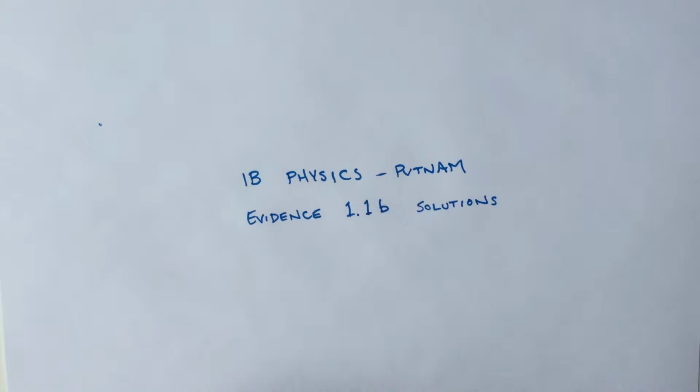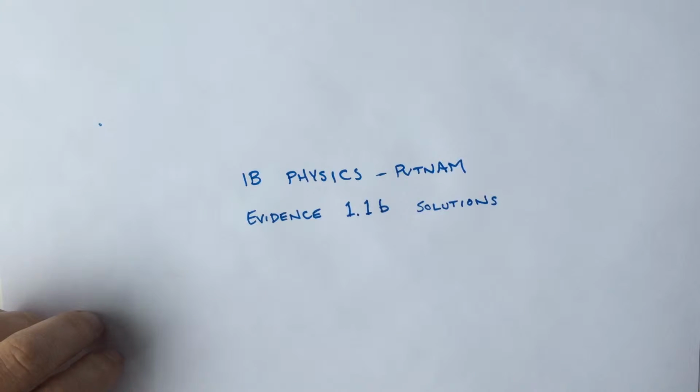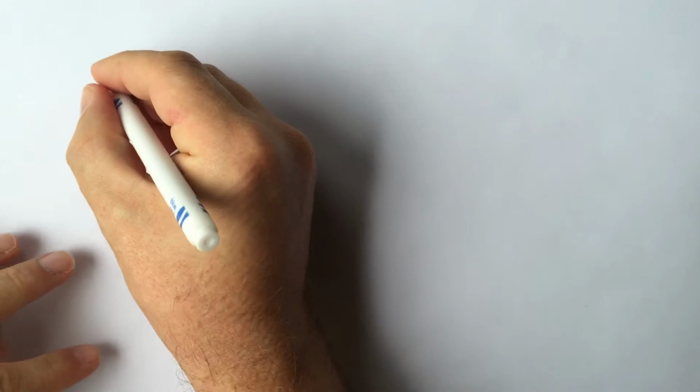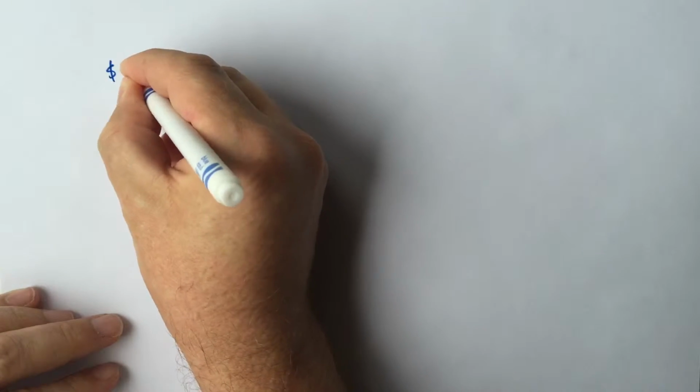All right, these are solutions for evidence 1.1b. I want to start off with a little review of significant figures. If you were to ask me how much I have in my bank, and I told you that I had $3,000,